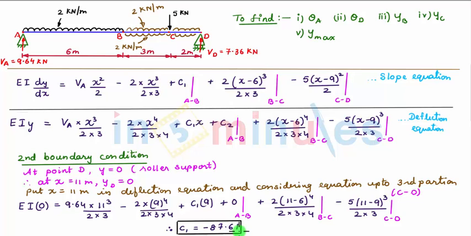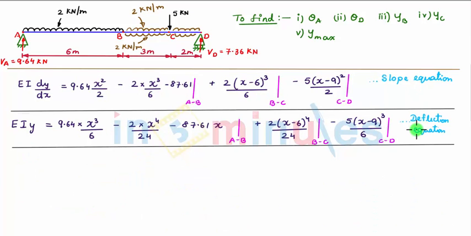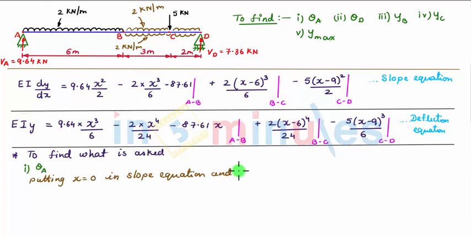So now substituting the values of C1 and C2 in the slope and deflection equation and rewriting the equation, we have this slope and deflection equation. Our next step is to find out what is asked. So we first take theta A. Now slope at A or theta A would be given by the slope equation. Now putting in the slope equation x equal to 0, since your point A is origin, and considering the slope equation up to first partition, since equation up to first partition is valid between point A and B, we have